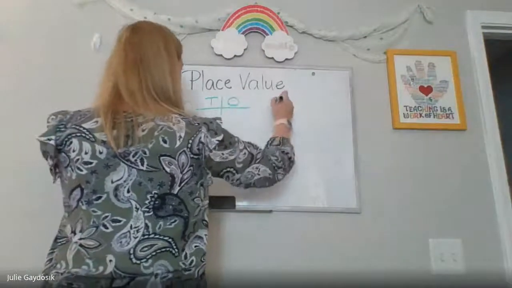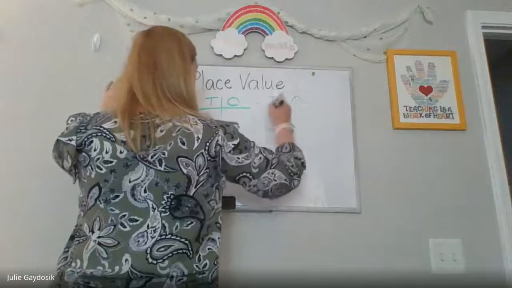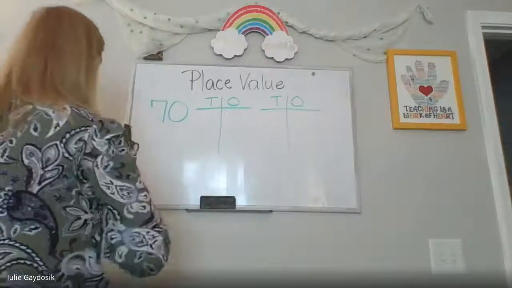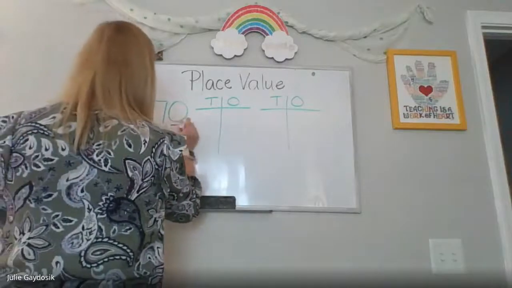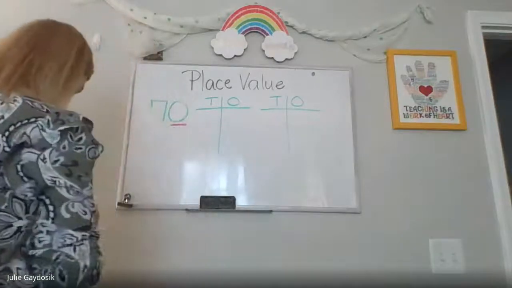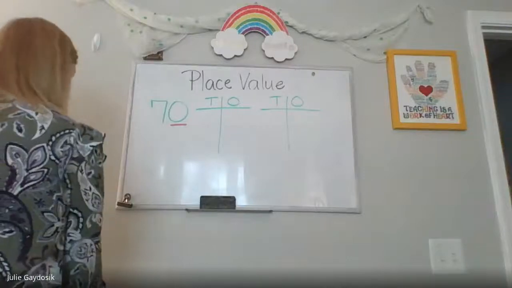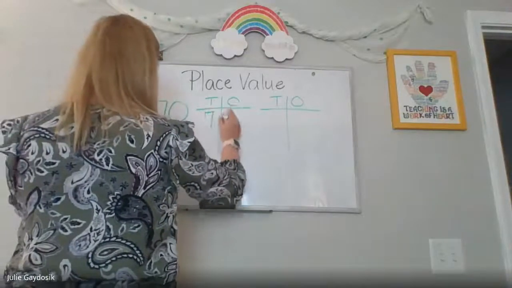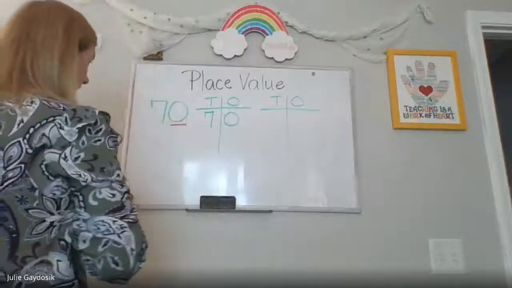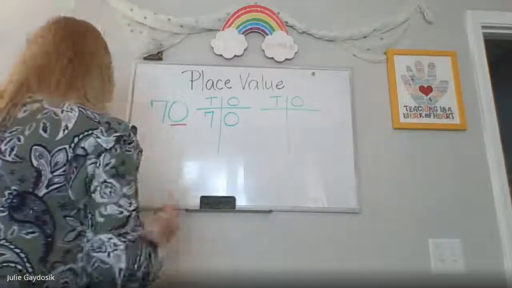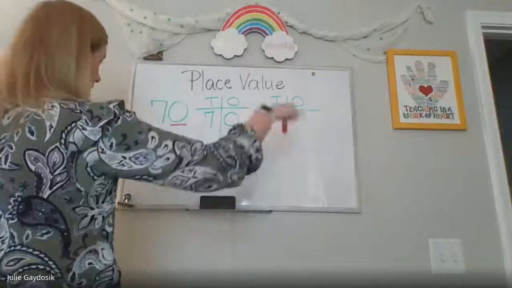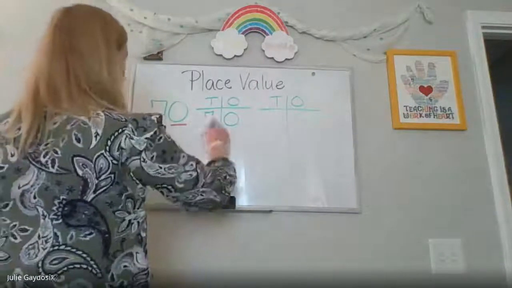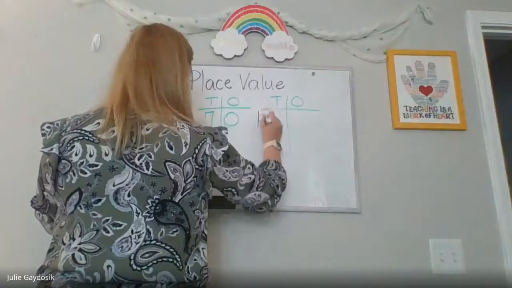I'm just drawing out my tens and ones charts to help me out a little bit. I want to know the value of this number here. So I'm going to write out the number 70 here in my tens and ones chart. I have 0 ones, so I'm not going to draw anything there. You don't put a 0, you don't put a circle, nothing. Don't put anything there. And I see I have 7 tens. So I'm going to draw out